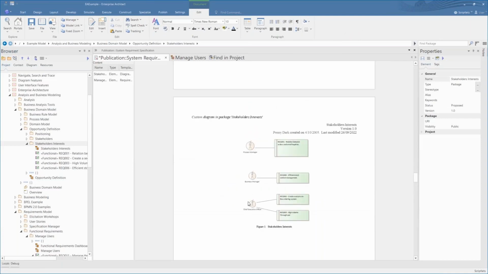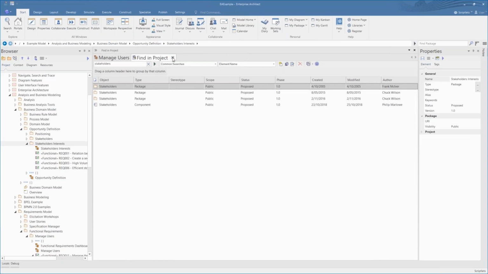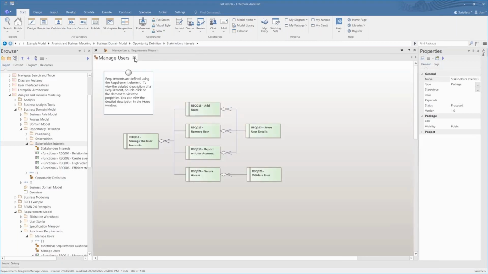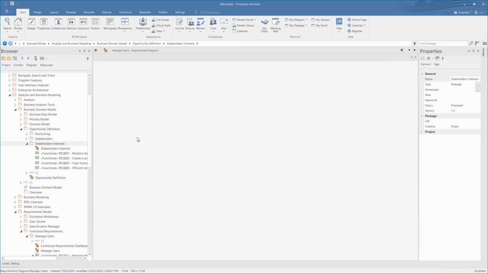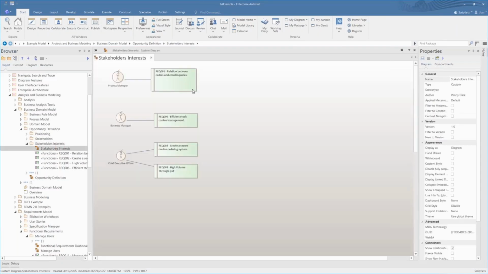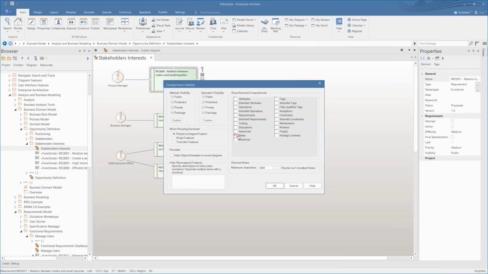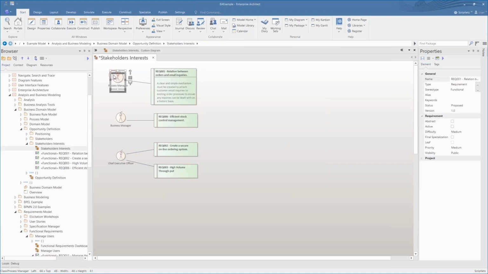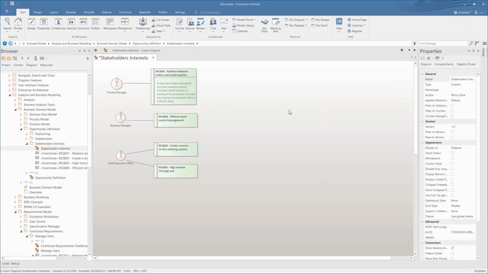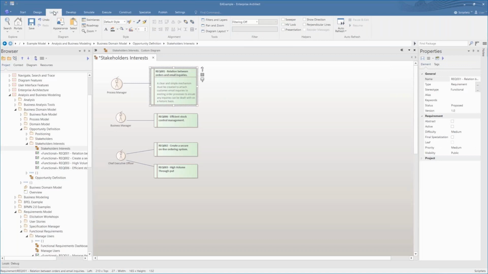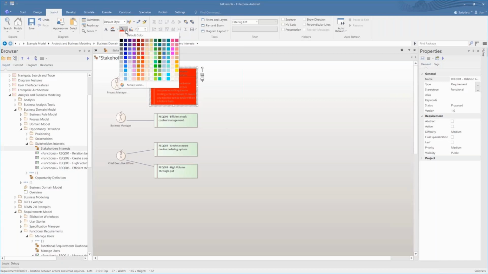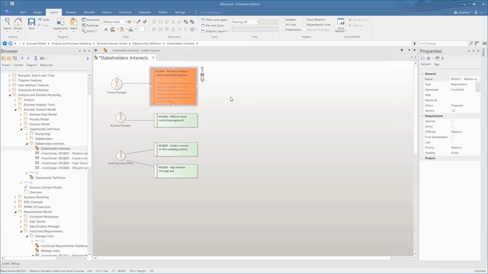Now, before, I made a change to some text, the title of a requirement, and showed that that could be updated. But in addition to making changes to text, I can also make changes to diagrams themselves. So I can change the color. In this particular instance, I'm going to add the notes field to provide a little bit more information. I'm going to change the layout of the diagram. I'm going to change the color of the element itself. So under layout, I'm going to select a new color. That red looks a bit ordinary, so I'm going to select a slightly nicer palette.